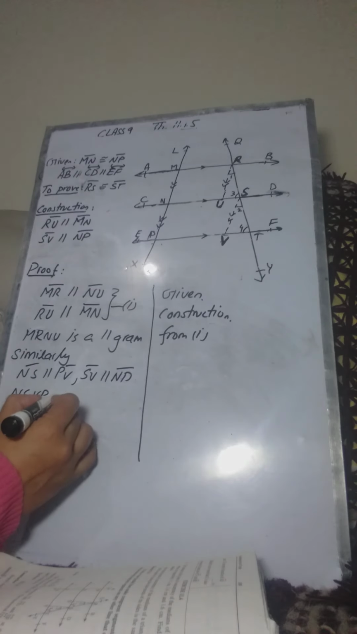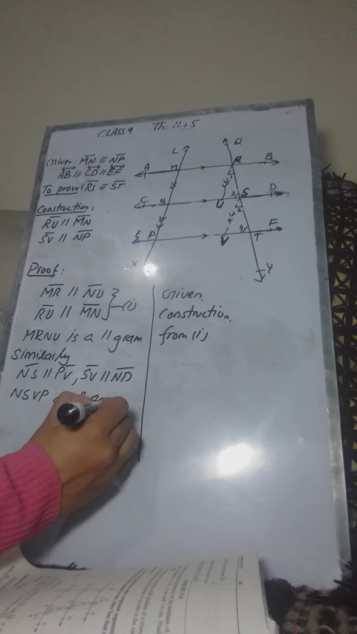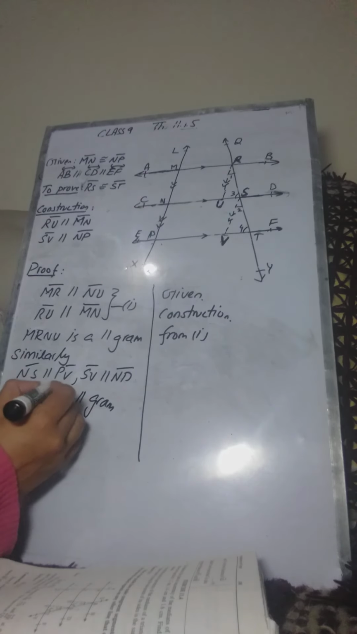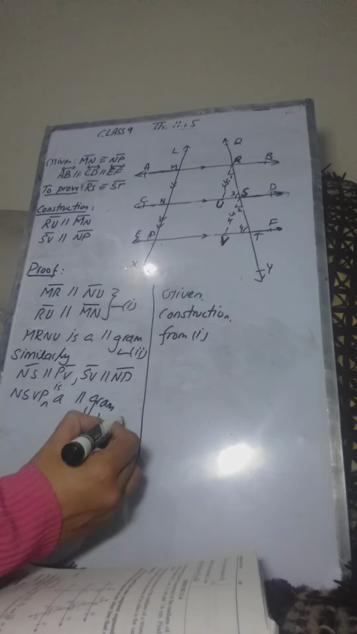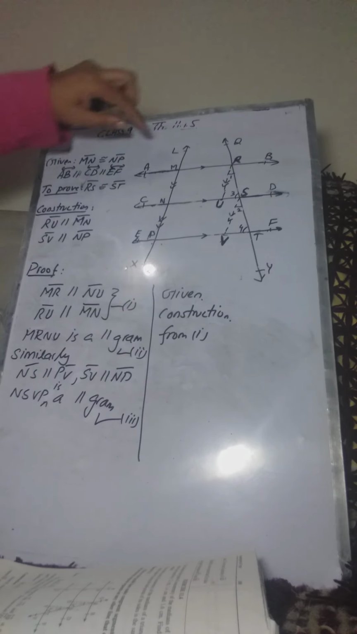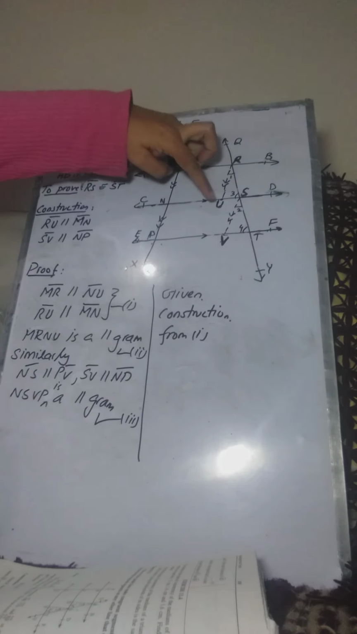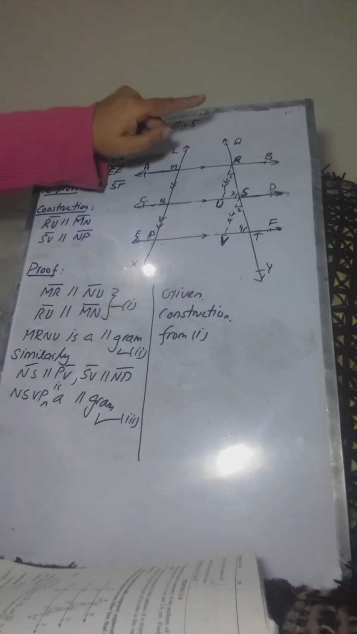NSVP is also a parallelogram. Let me mark it as 2 and this as 3. Now if MRUN is a parallelogram, then we know from the properties of the parallelogram that